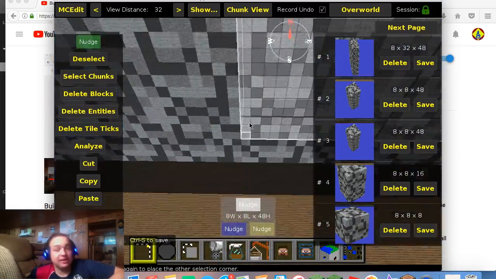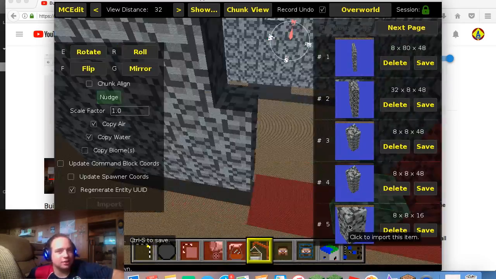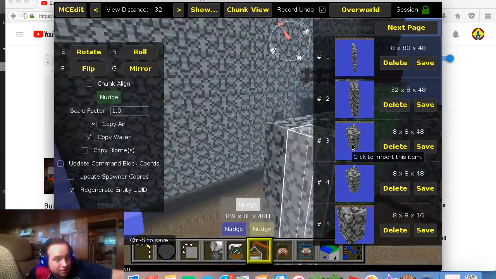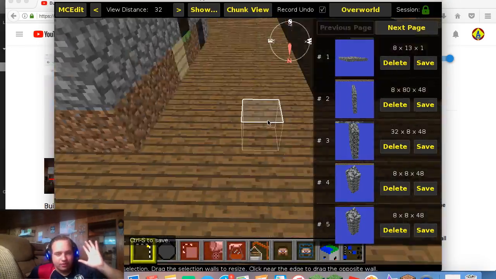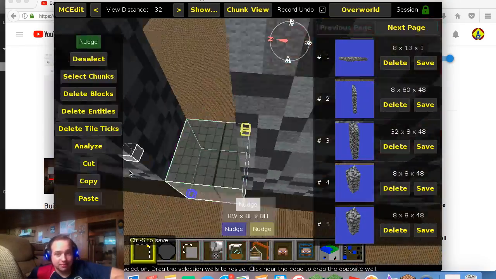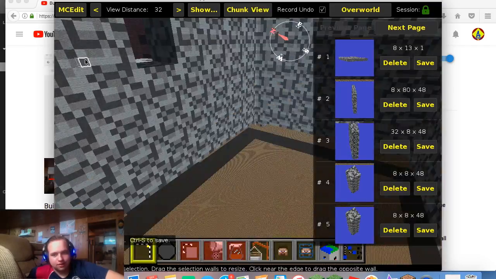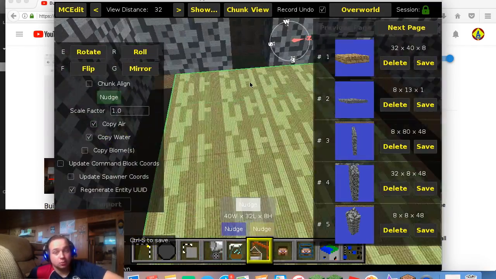So everything was fine, but it was just so irritating to fix. I had to move everything to the left, redo the cobblestone there. It was just this whole process, man. Kind of frustrated me too.